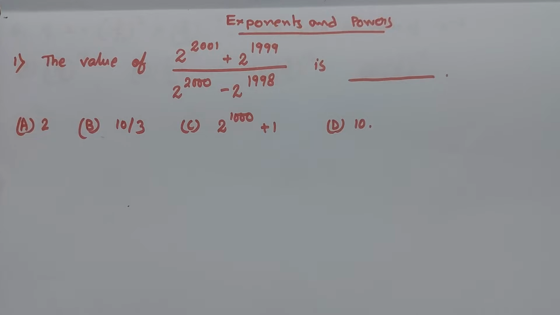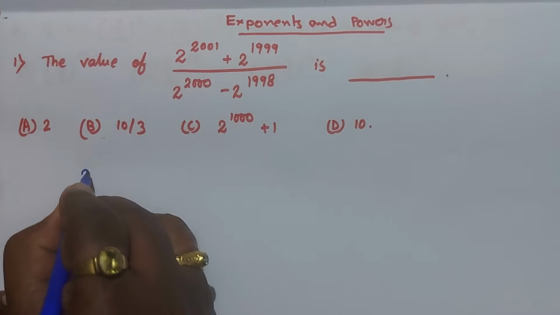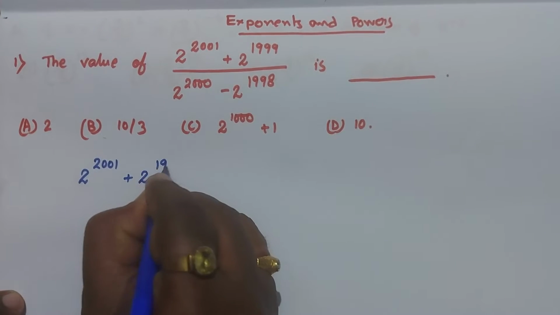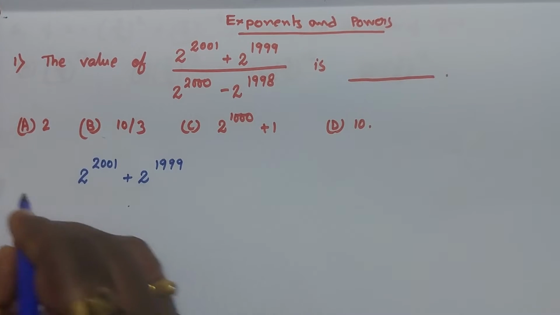Now, by seeing this math, you may wonder how we can calculate such a big expression. These things obviously run in our mind, but I am going to show you step by step. That is going to be very easy. After seeing this, you will know that this is so easy. So let's write the first, that is 2 to the power 2001 plus 2 to the power 1999. Okay, I am doing numerator by denominator, one by one.